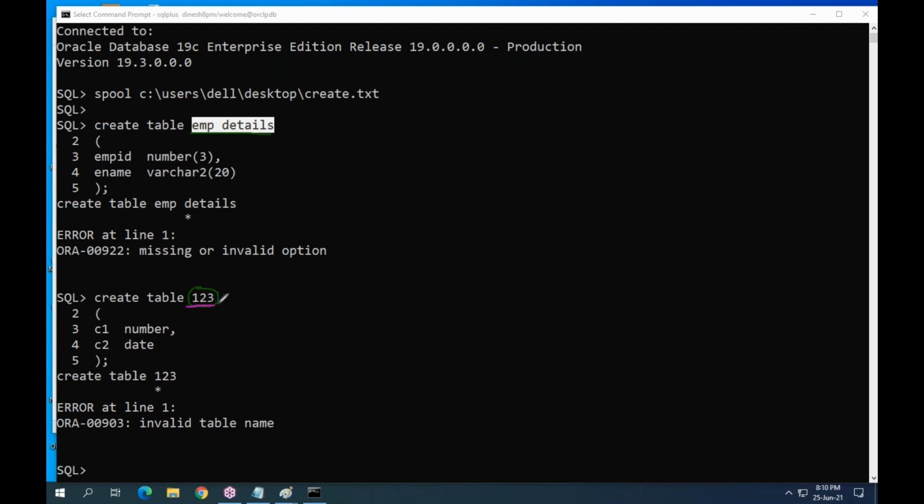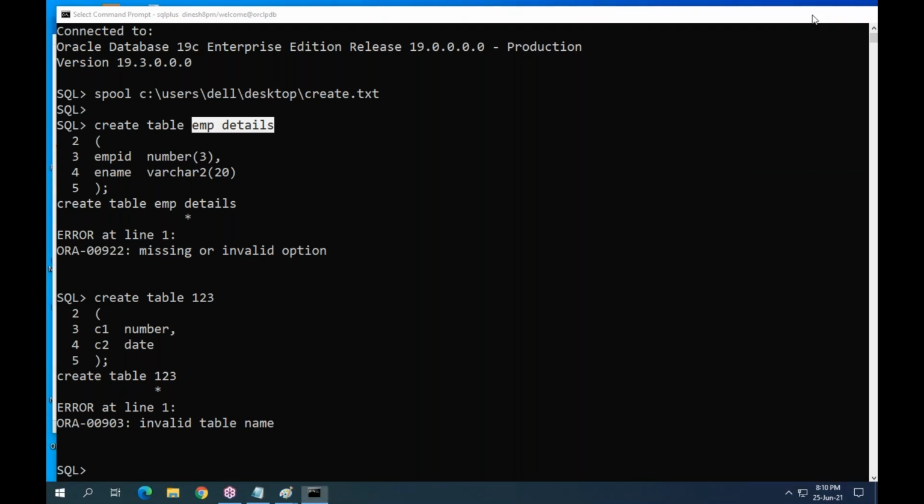Here, if the table name is beginning with a digit, it's invalid. Here, there is a space. This is also invalid. So what are the rules we have to follow? Let me explain about the rules.